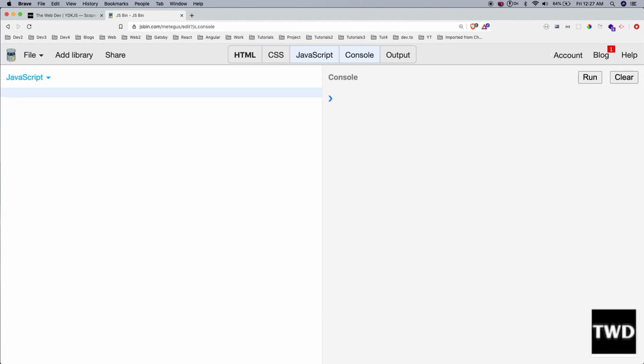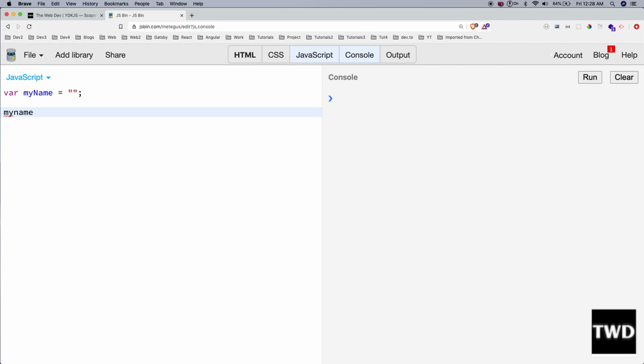In JavaScript, if we don't give var, what will happen? Suppose I am writing a program with myName in camel case, myName equal to something. But then I write it forcefully in normal case, as if I forgot the camel case.